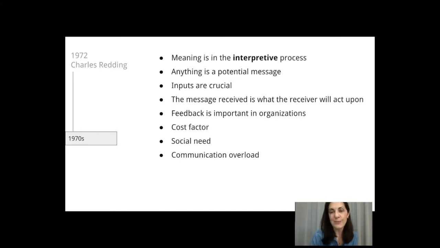Communication overload is important. Messages may not be properly received if too many messages or noise is interfering with the reception of messages. There exists a serial transmission effect. This postulate refers to the fact that the meaning of a message can change when information is traveling through various